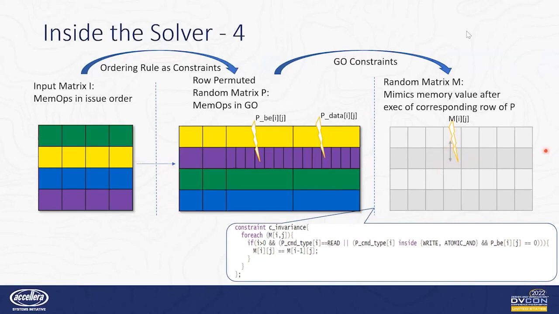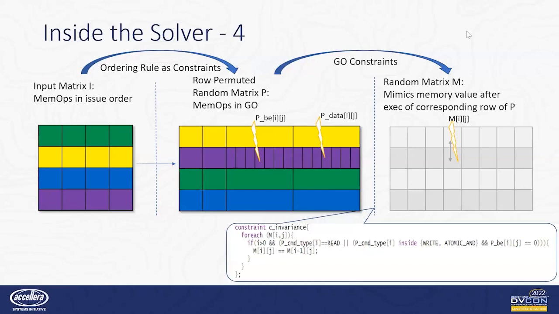And so with these three constraints, if we solve together, we'll make sure that the rows of P are in global order. And separately, we have written ordering rule constraints. So if we solve everything together, we will see if there exists a global order subject to all the ordering rules. Now that we understand at a high level how stimulus batching happens and how BatchSolve determines whether there exists a GO or not,